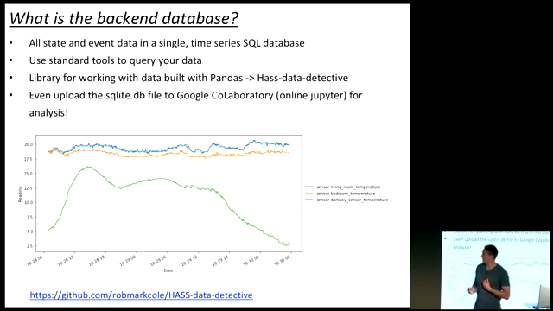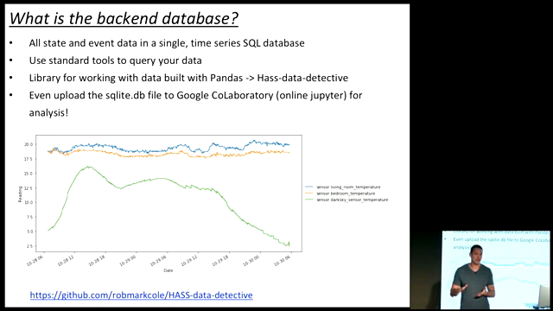Okay, so we can get a little bit more technical now, seeing as we're talking about data, and I just want to give you an overview of the backend that Home Assistant is using. So it's using a standard SQL database. Out of the box, you get a SQLite database, but you can change that and use MySQL or whatever else you want to do. This is great because it's a standard tool, and you can use SQL queries or pandas or even R to look at the data that you're capturing inside your database.